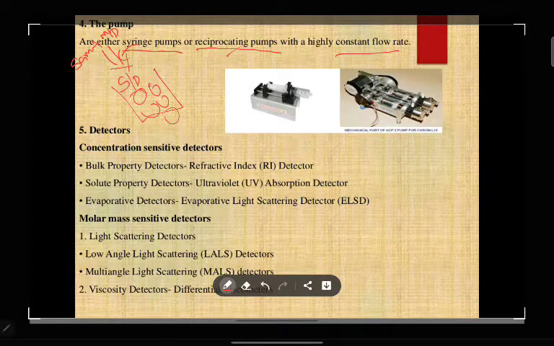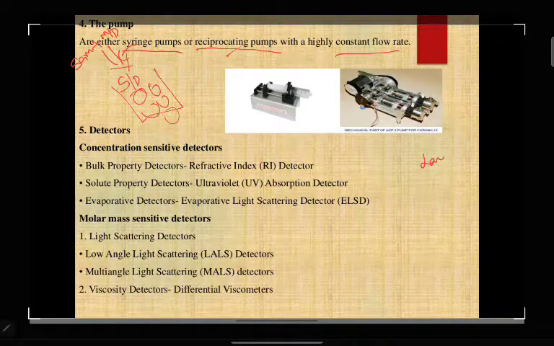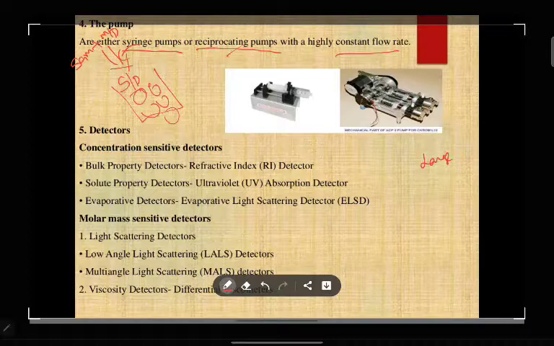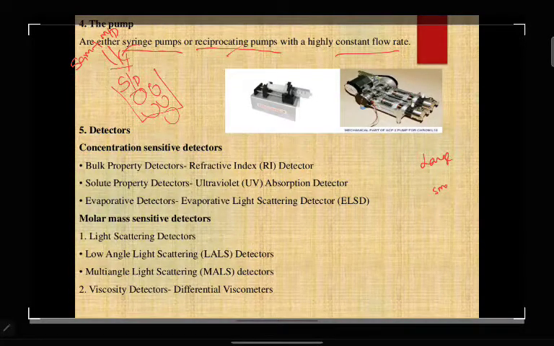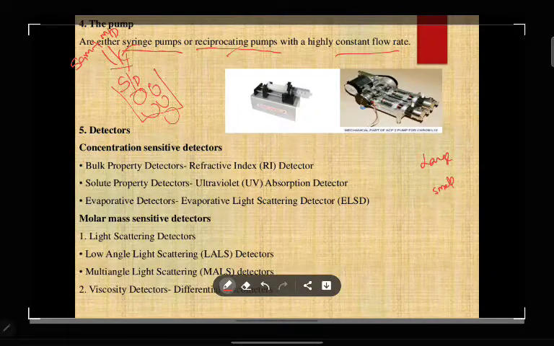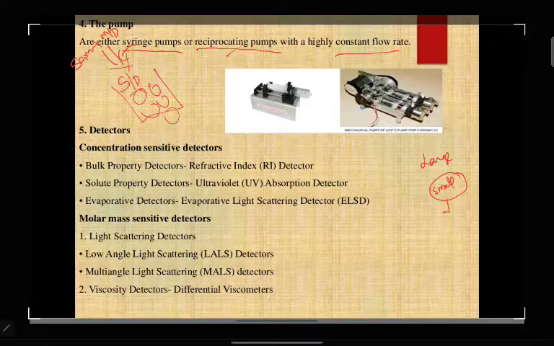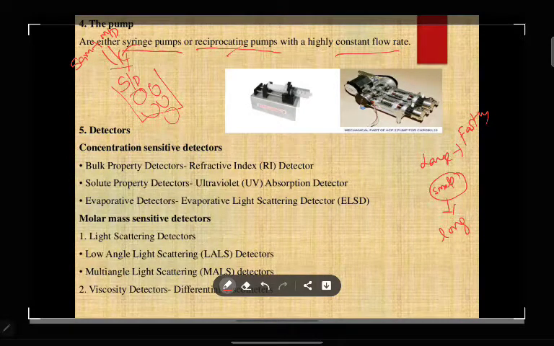As I told in principle part, first large size particles are going to elute first, because through the wide volume they will escape, but small size particles will elute late because they have to diffuse through the gel. So that's why small size particles take a long time for elution, but large size particles elute fast. This separation happens in the column itself. Then detection. You collected fractions. After collection what we have to do? We have to detect it.